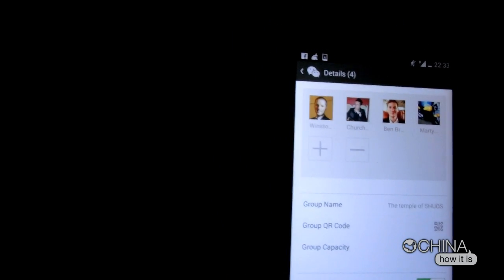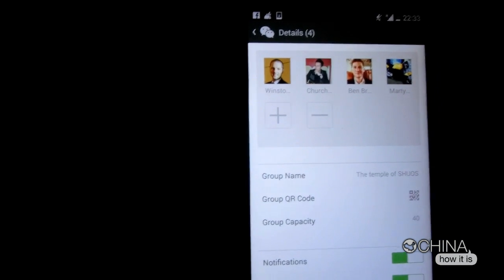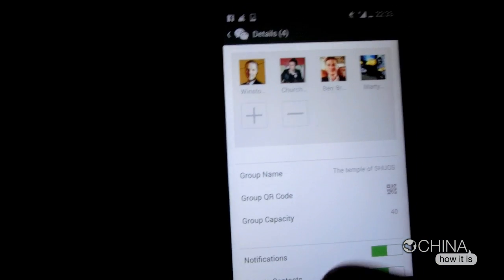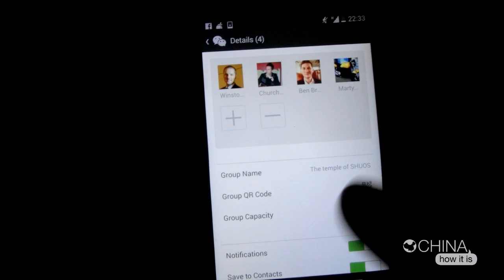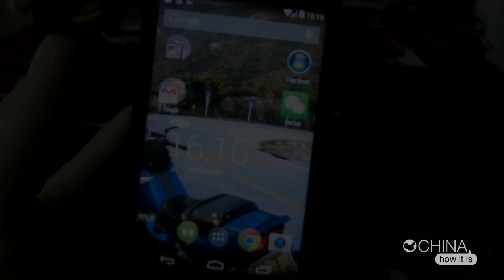And basically, it's incredibly useful to keep track of your friends, and you have little groups, like all your drinking buddies, groups of your business-related stuff. Incredibly useful. All right, so let's get out of there. And what else? Okay, that's pretty much it as far as WeChat is concerned, but I'm pretty sure you can see how useful it is. Anyway, we'll move on to something else soon.